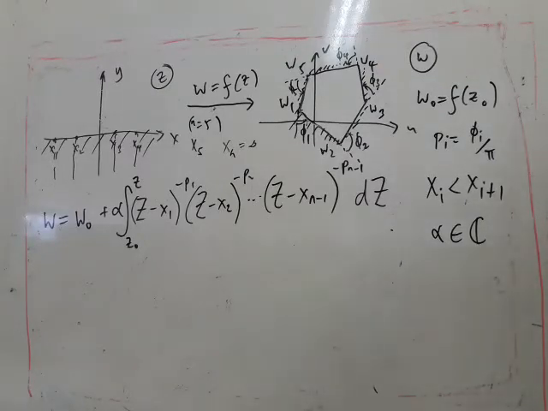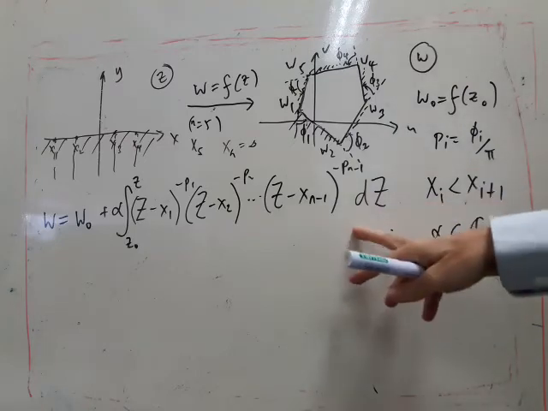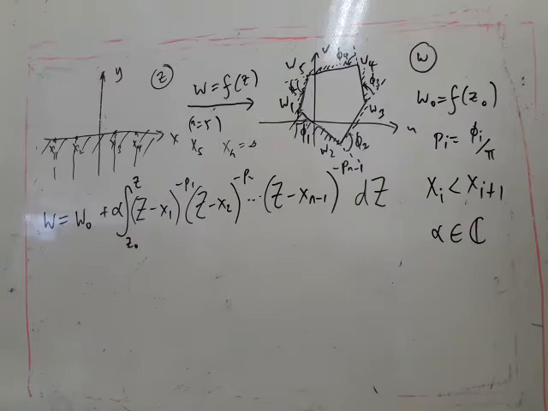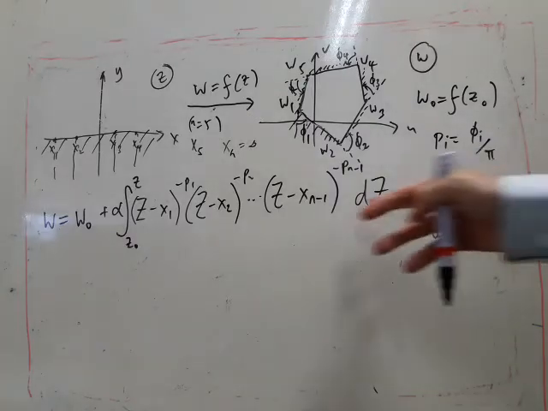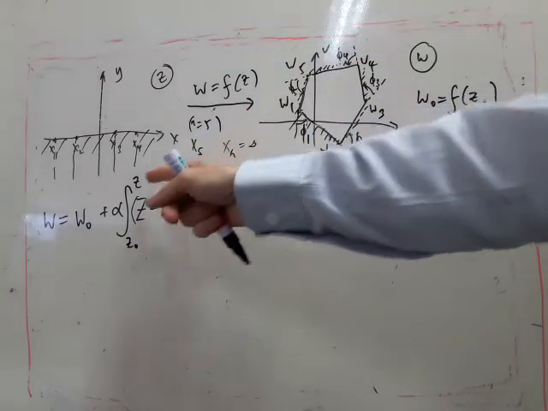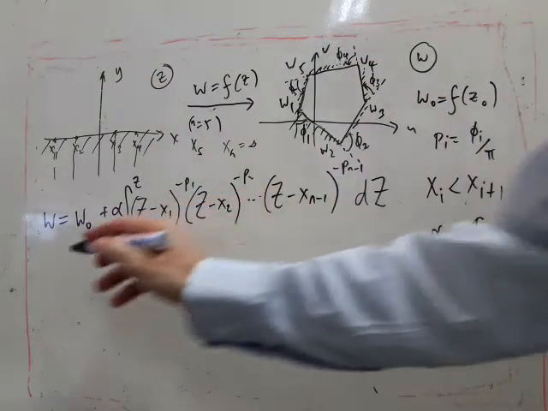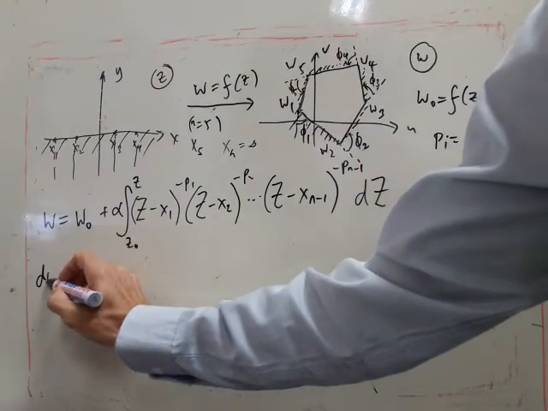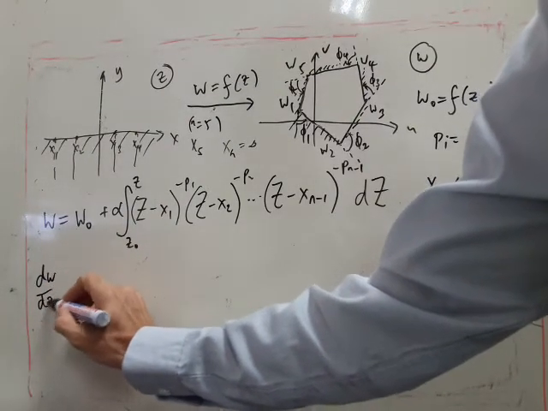So to prove this transform, I will show where this transform comes from. It's actually easiest just to start from the result and justify it that way. So we start from the transform, and then we're going to differentiate it with respect to this z here. So this is going to give us dw by dz